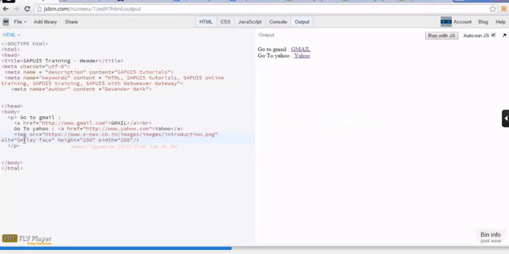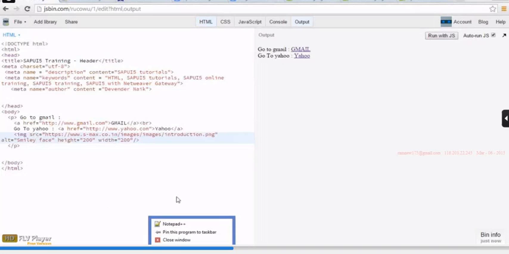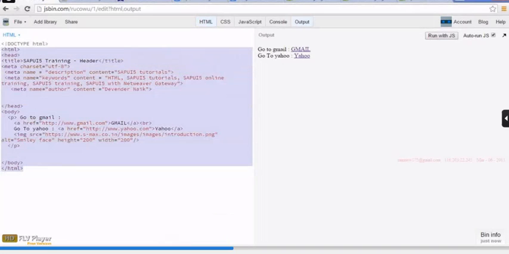So not only that, we can even specify the height and width of the images in the HTML, and we should specify the source. And the source might not always be from a web-based location. We can have our own local images as well. For example, JSBin will not add up our local files. So if we want to add local files as an image, we need to copy these,